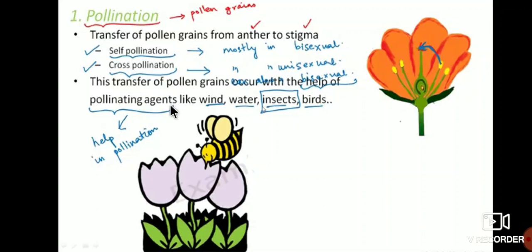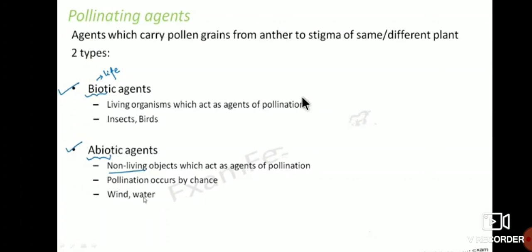agents, called pollination, like wind, water, insects and birds. So pollinating agents carry pollen grains from anther to the stigma of the same or different plants. That means the pollinating agents, which are wind, water, air, birds and insects, carry pollen grains from anther to stigma of the same or different plants, either may take place in the same plant,